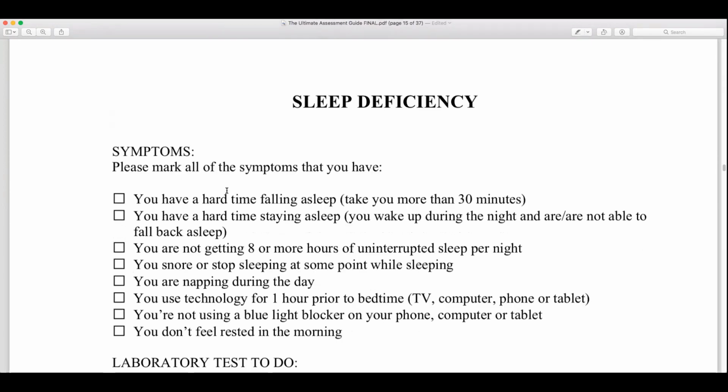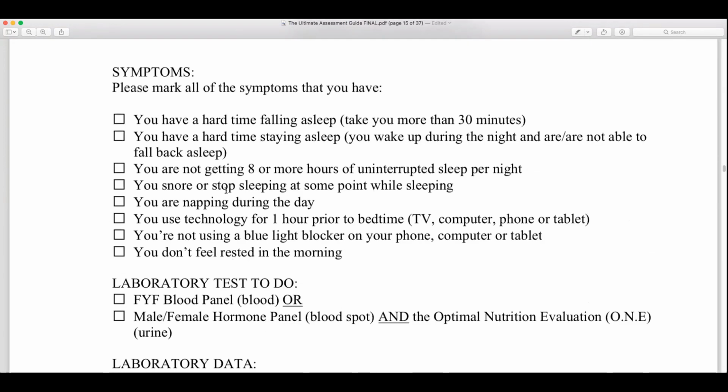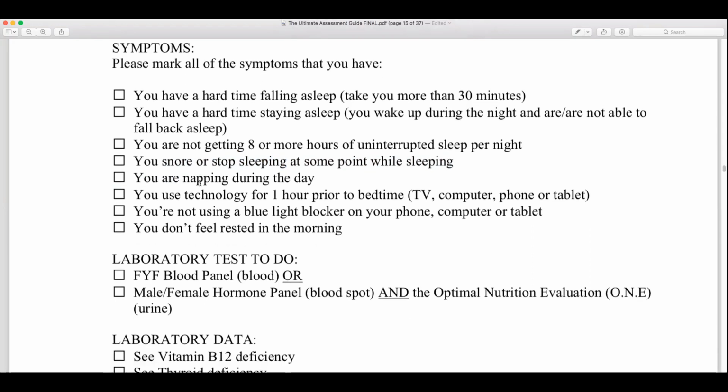Next up is sleep deficiency. So this is basically if you have a hard time falling asleep, where it takes you longer than 30 minutes, or a hard time staying asleep, basically you're waking during the night and you're not able to fall back asleep. If you are not getting 8 or more hours of uninterrupted sleep per night, whether you're being woken by a child, by an animal, or you're just waking up on your own, you snore or stop breathing at some point while sleeping, you are napping during the day,